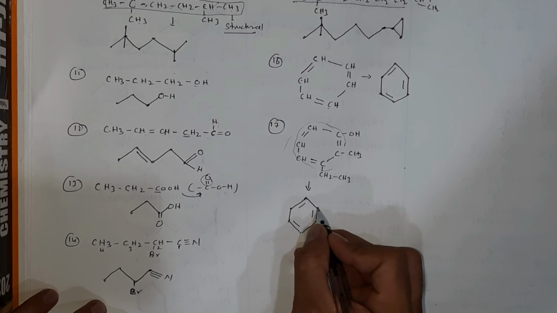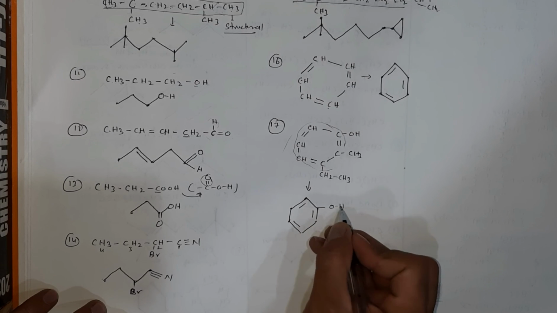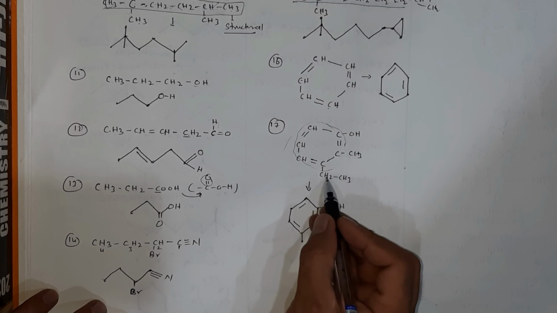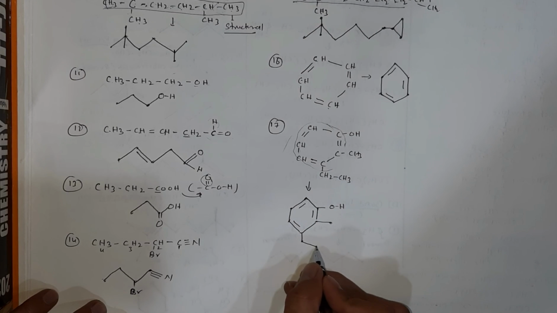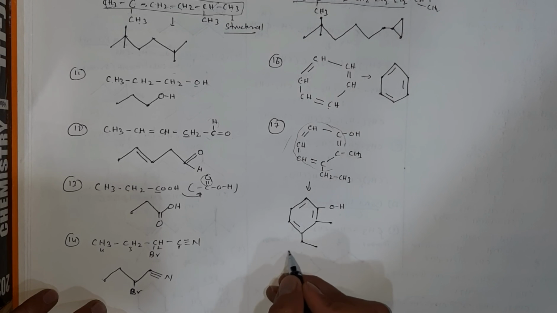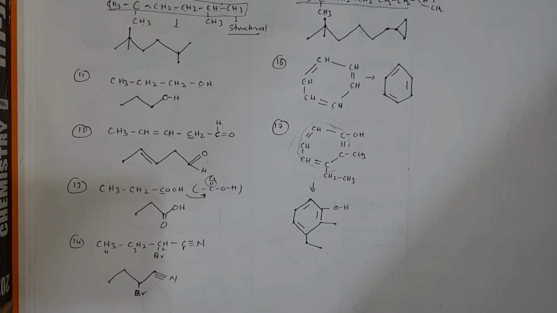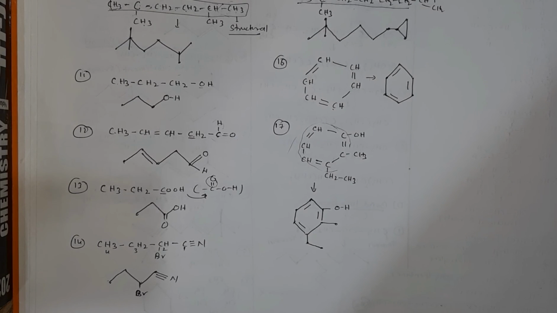Now to this carbon atom there is an attachment of OH. This is one CH3. There is one CH2 attached to CH3. थोड़ा क्रॉस बनाने का, should differentiate them. ऐसा बनाया तो भी चलेगा but straight नहीं होना चाहिए, should not be straight in nature. Okay, so this is how you represent any compound with respect to bond line formula.